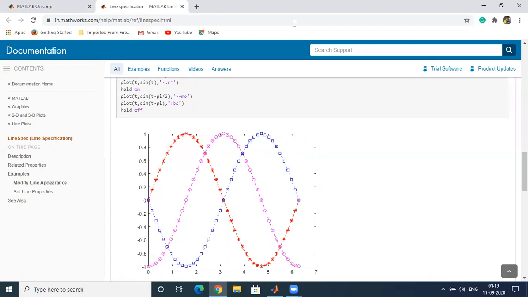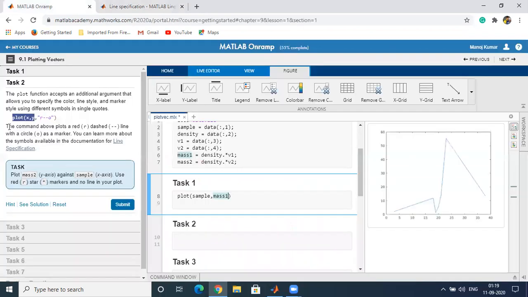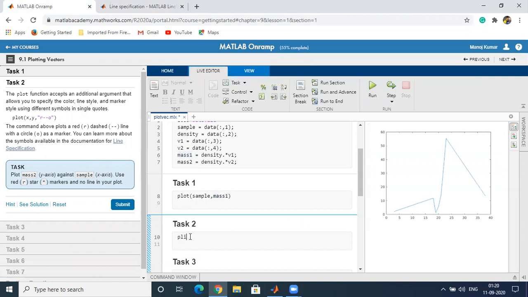So let's move to our task. The task is to plot mass2 on the y-axis against sample on the x-axis. So we can use the plot command, where on the x-axis we have to define sample. On the y-axis we have to define mass2, and it says to use the red star marker and no line in your output. So what we will do,